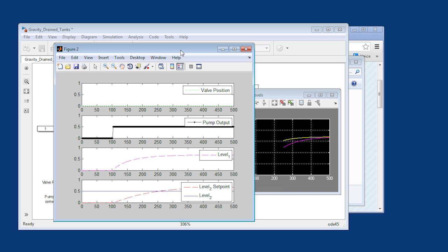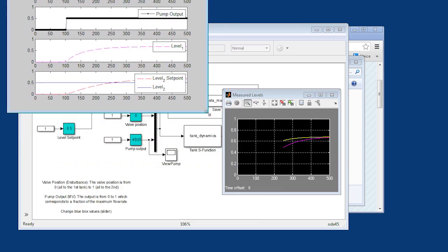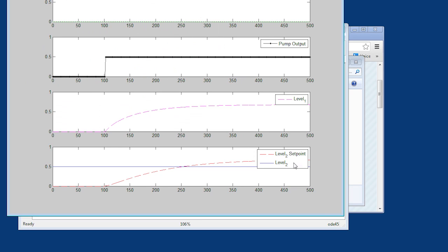So what I'm going to do is go ahead and just make this a little bit bigger so I can try to pick that out graphically. I'll move that legend out of the way. Okay, so you can see here it's very minimal dead time. If I drew a tangent down, there's very little delay between when the step occurred and